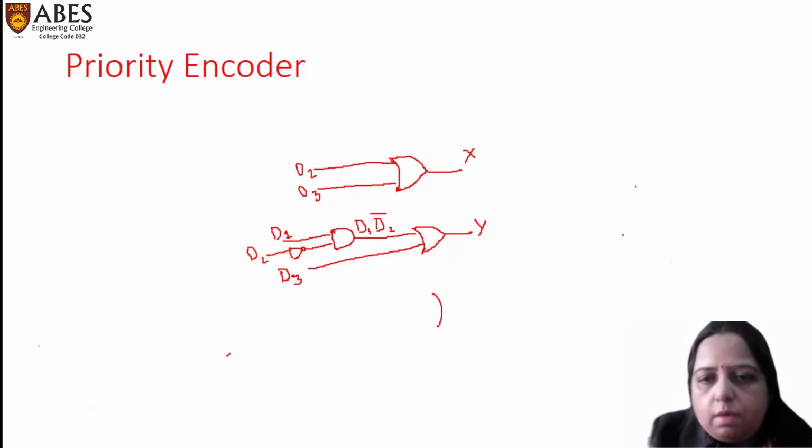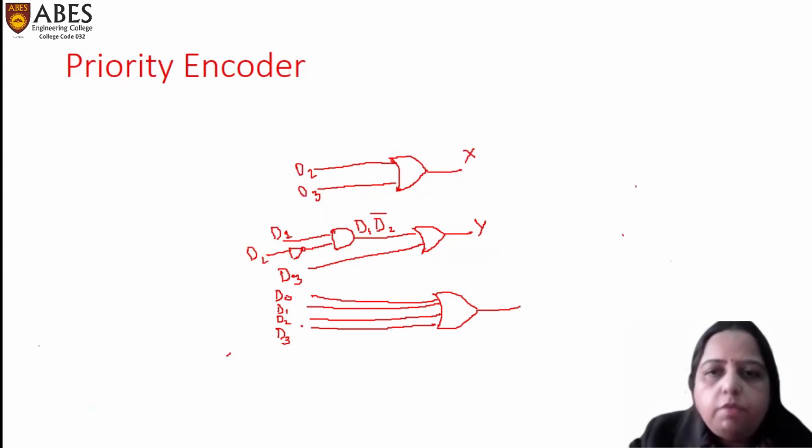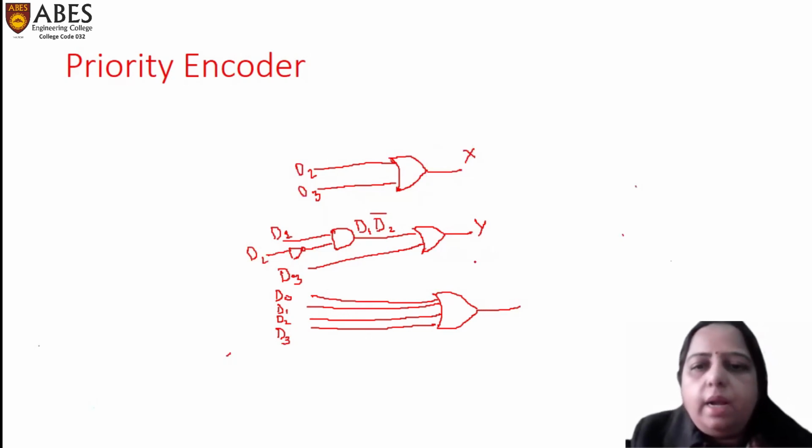For V, we would be having all the four inputs, that is D0 plus D1, D1 plus D2, and D3. So all the four inputs are here, that is D0, D1, D2, and D3. So with the help of this, we can find out the priority encoder in which we have a valid input